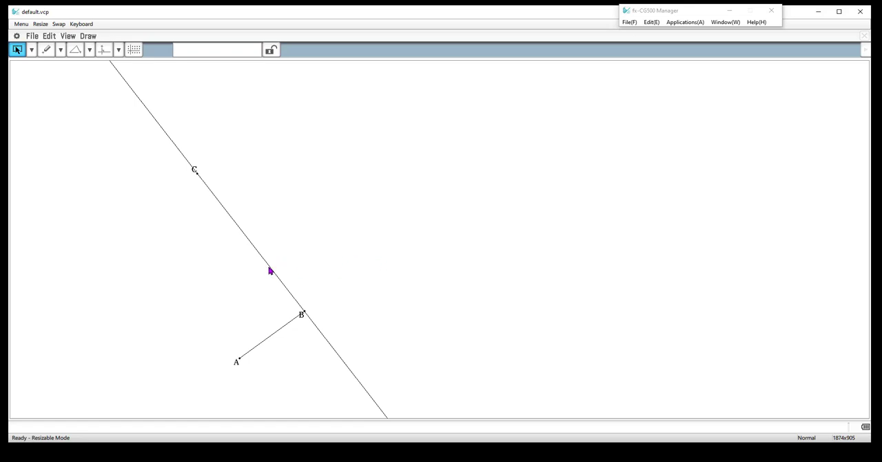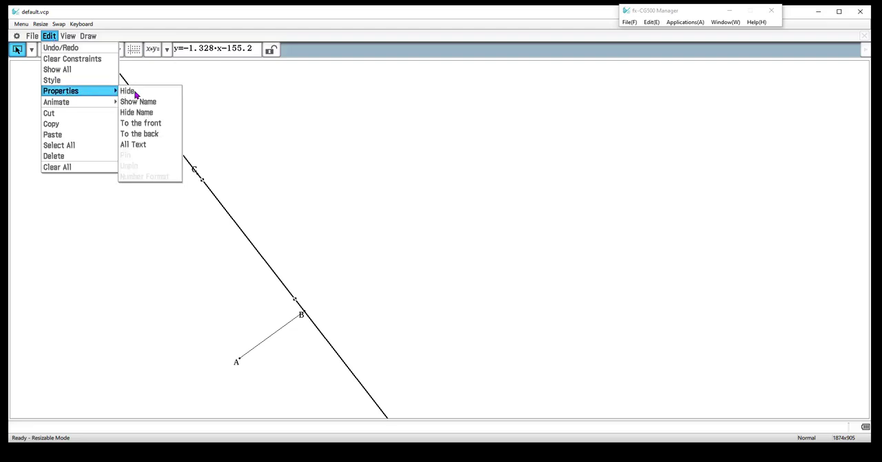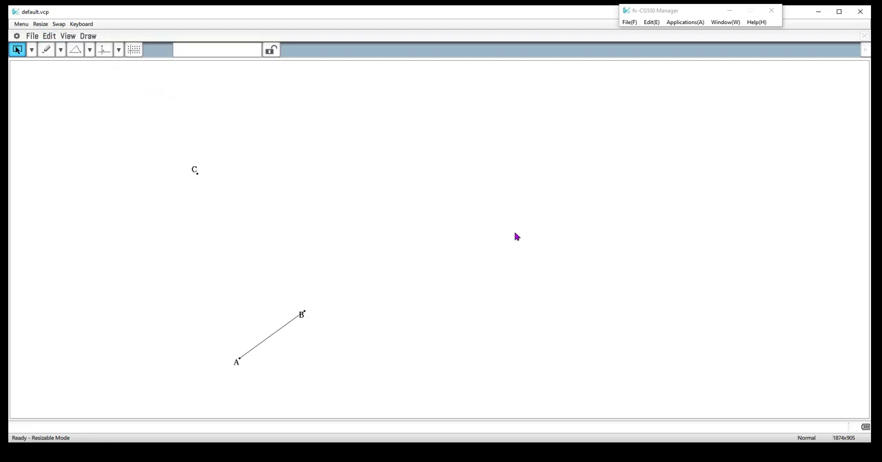So to hide in the CG500, you're going to select it and go up to Edit. And under Properties, you'll see the version Hide. So when I hit Hide, all it does is hide that line. I don't see it anymore. It's still there. It's still an underlying construct that's controlling C and B and A, making sure, but I don't